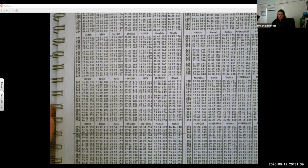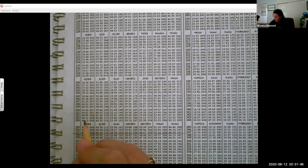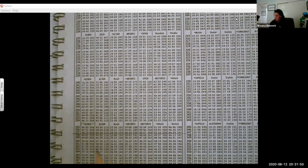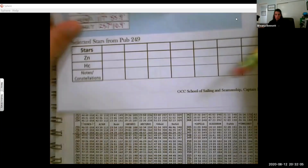Okay, so this is telling us our 7 stars, and it tells us our HC and our ZN. So we have Deneb, Altair, Nunki, Antares, Arcturus, Alkaid, and Kochab. I'm horrible at saying star names. So on our